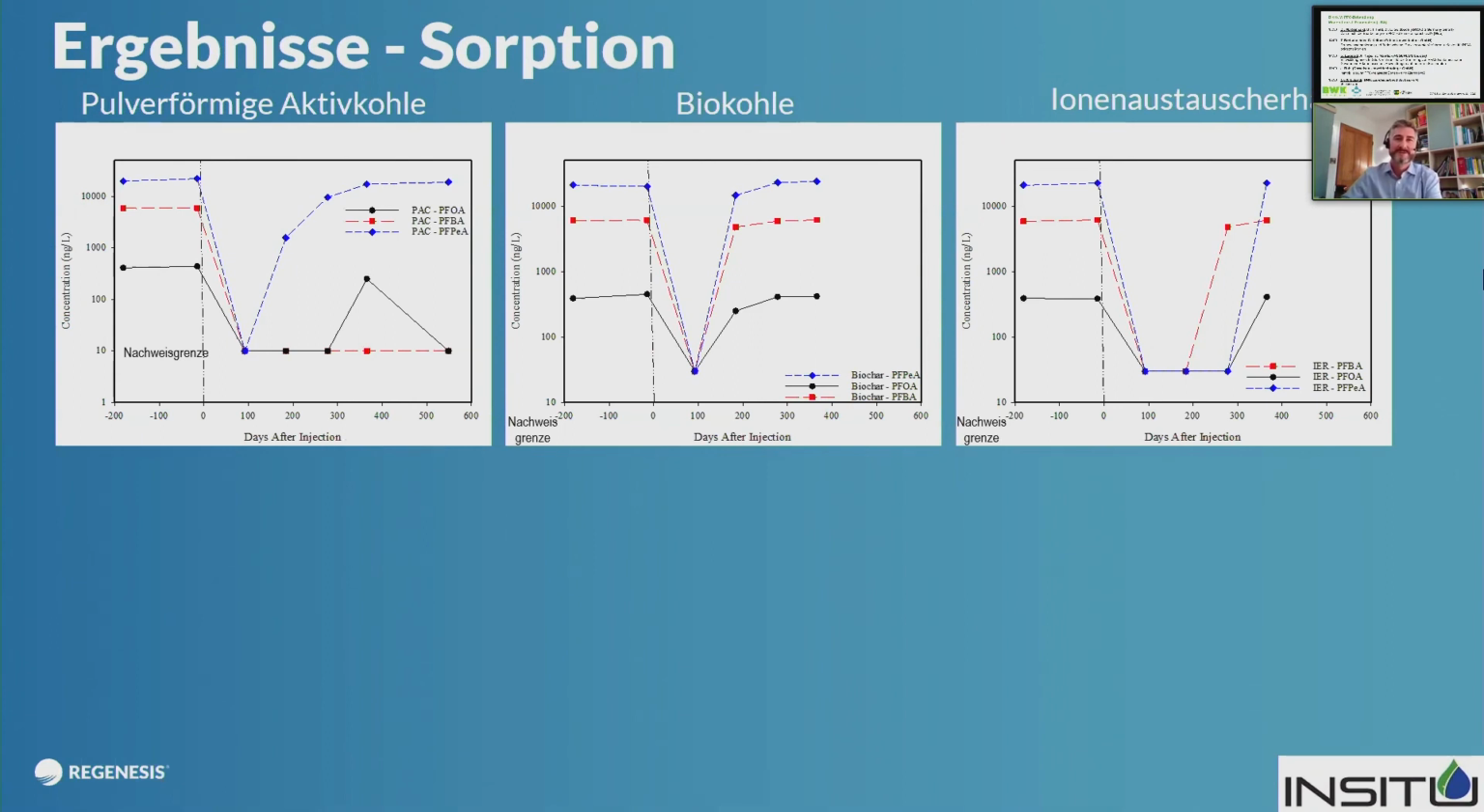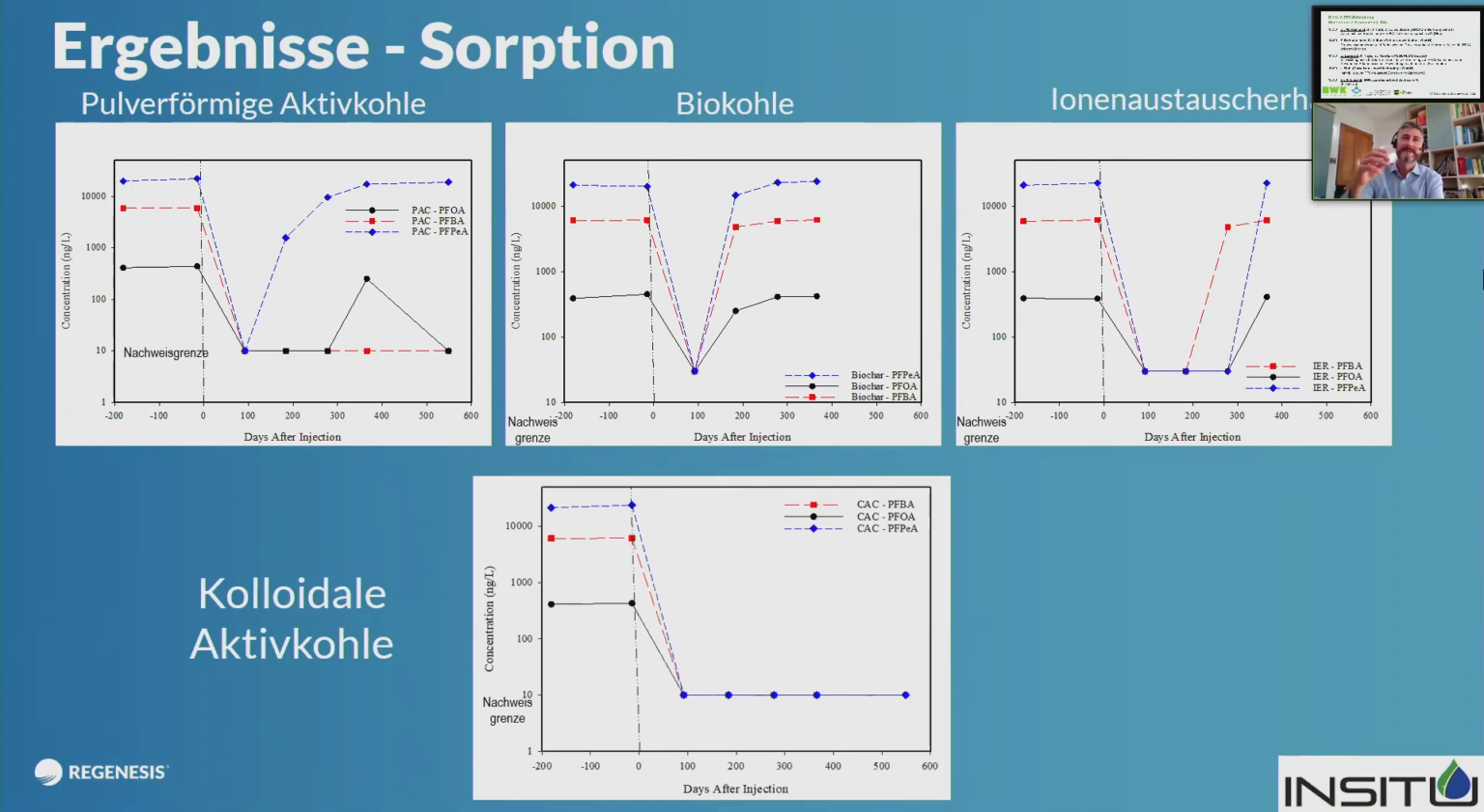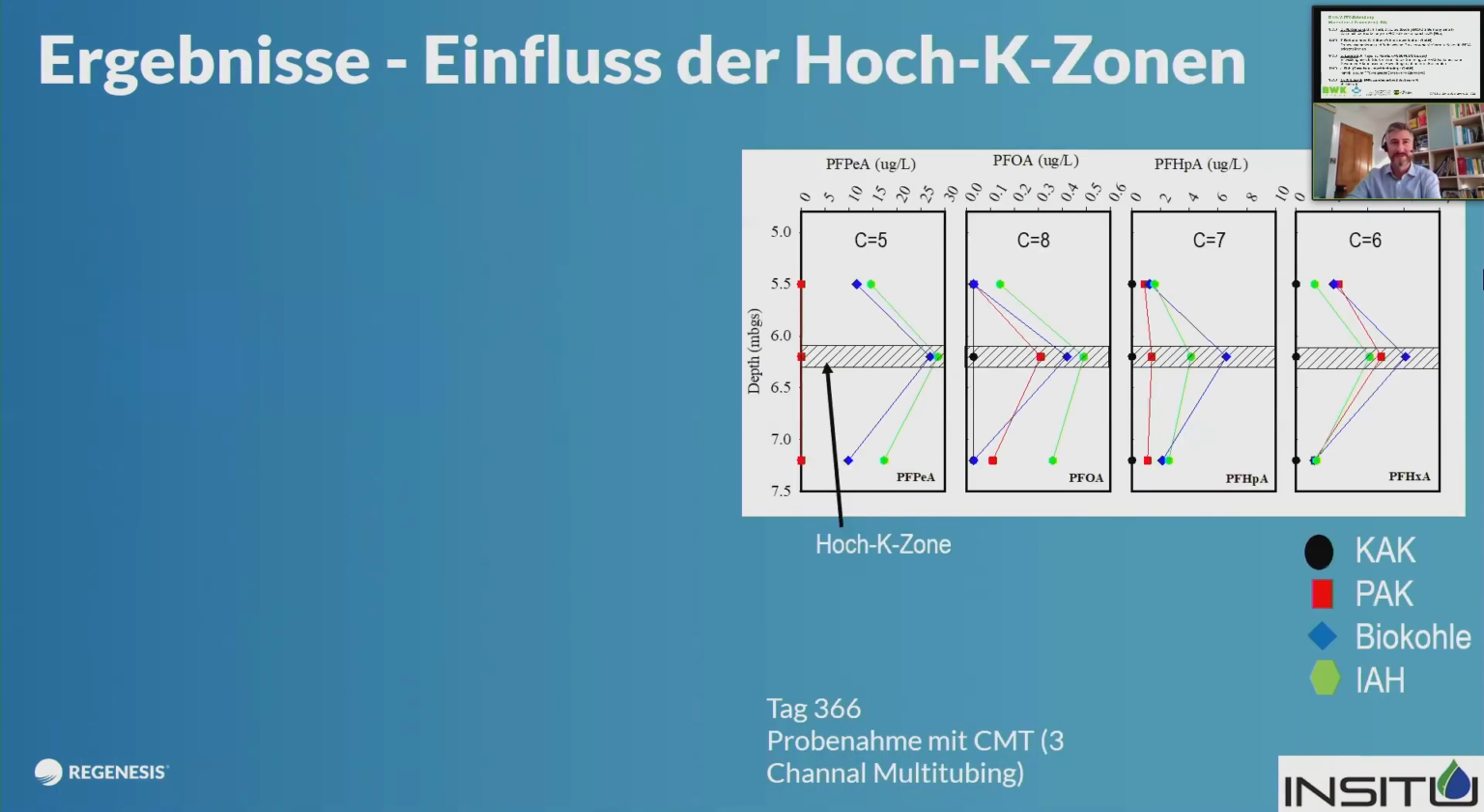The sorption results, what we see is all of the sorption materials show a good reduction early on, but then they show rebound straight afterwards, some worse than others. The biochar doesn't work very well. The ion exchange resin lasts the longest, but what you then see is the shorter chain material coming through, followed by the longer chain because of competitive sorption. The colloidal activated carbon, you get this good result early on, and then it stays that way for the 18